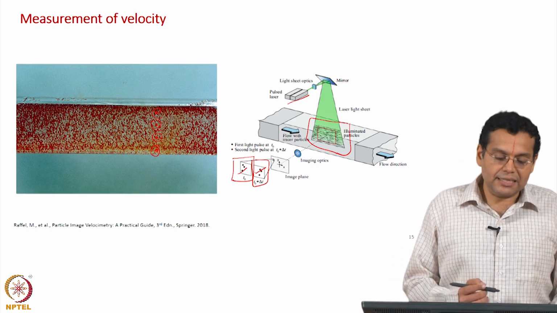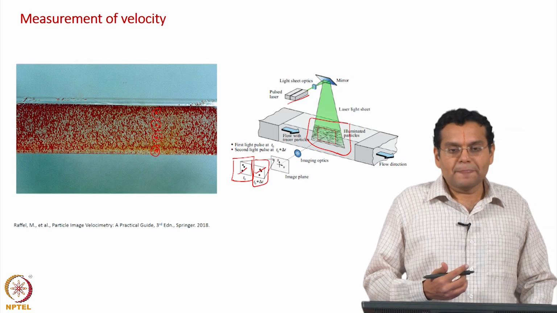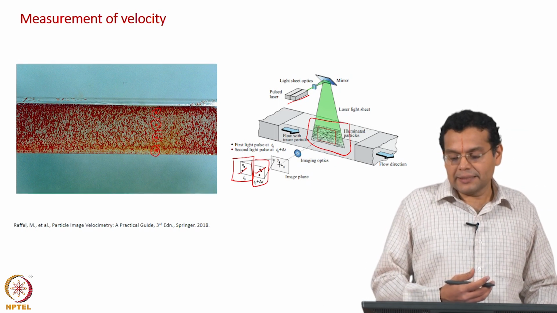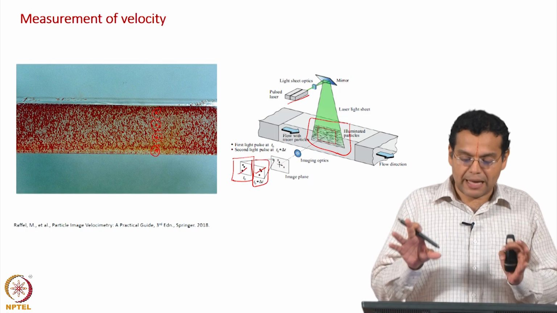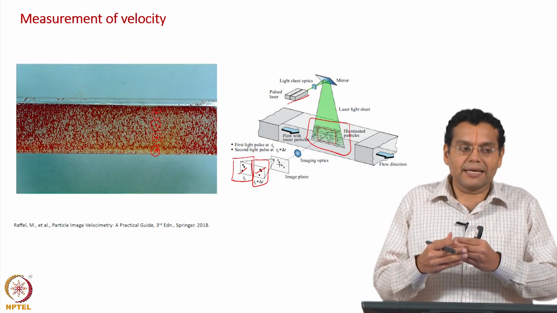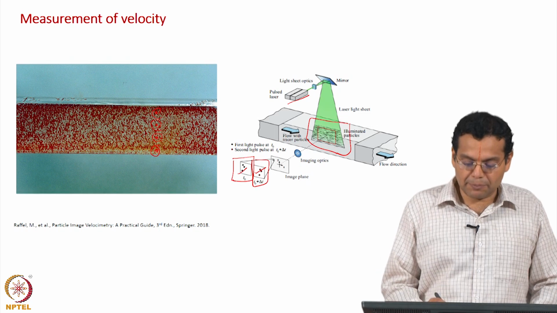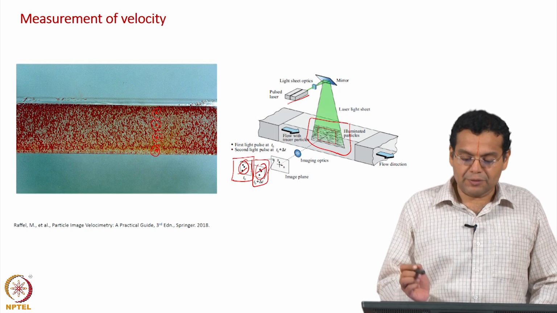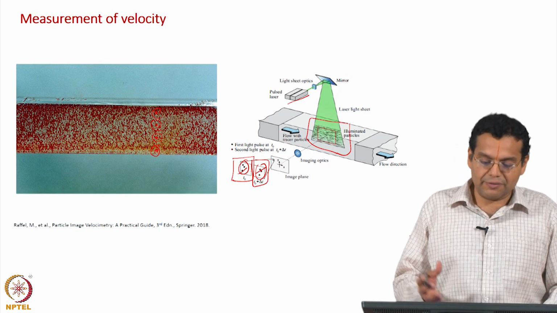So, Lagrangian measurement of particles involves seeding of the fluid, and then passing a laser light sheet over it, and then using a high speed camera to capture images at quick time instances, with a very small time difference, and using the positions in the images, you can find out the Lagrangian velocity of the particles, the velocity in the region.